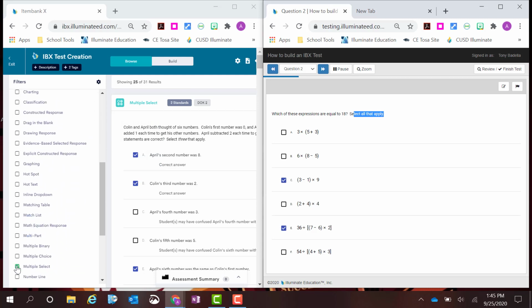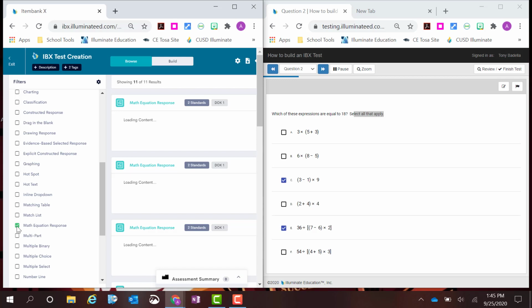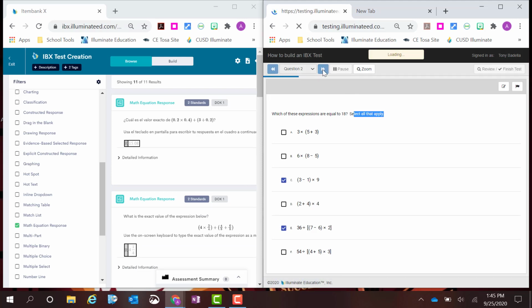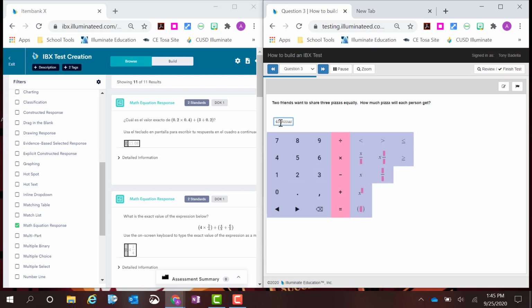Our next item type is MER, or math equation response. Now this is one of the technology enhanced style items. These do auto grade. What's nice about this type is that the level of question when you pull it up will determine the level of the equation editor that students have access to. So in this case, it is a 4th grade question. So the minute I click into the box to put in my answer, this little equation editor pops up